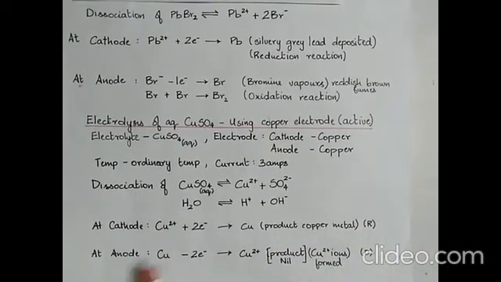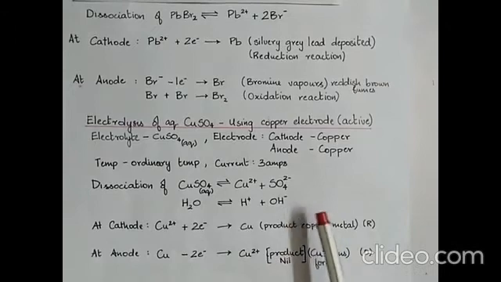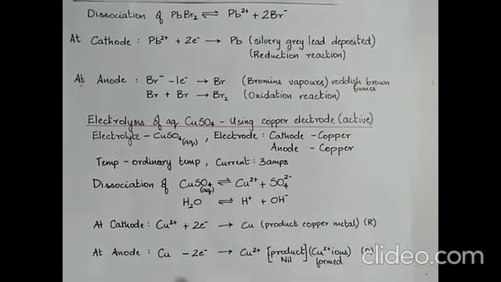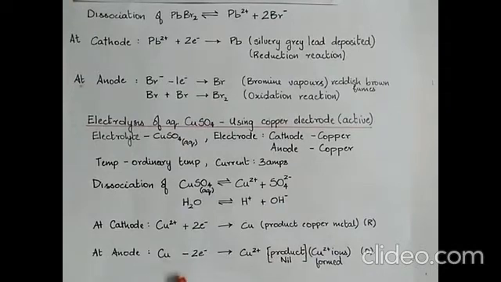At the anode, sulfate and hydroxyl ions move towards the anode, but both of them are not discharged because the anode here is an active electrode. So therefore, the anode itself loses 2 electrons and forms Cu2+ ions. The product at the anode is nil. The ions are discharged in the electrolyte. So here there is loss of electrons, therefore it is oxidation.